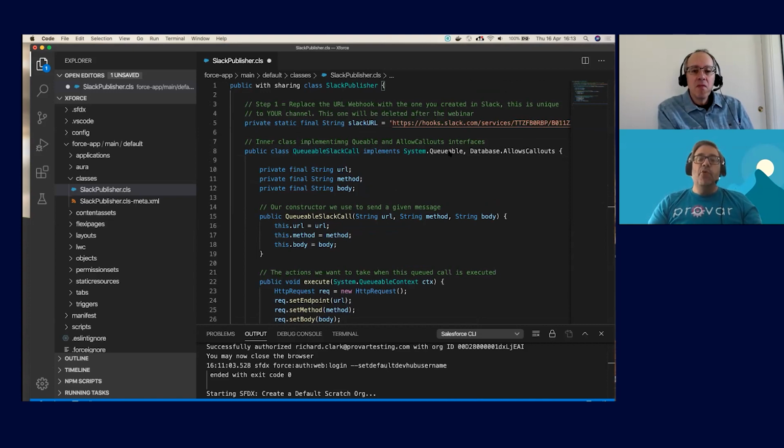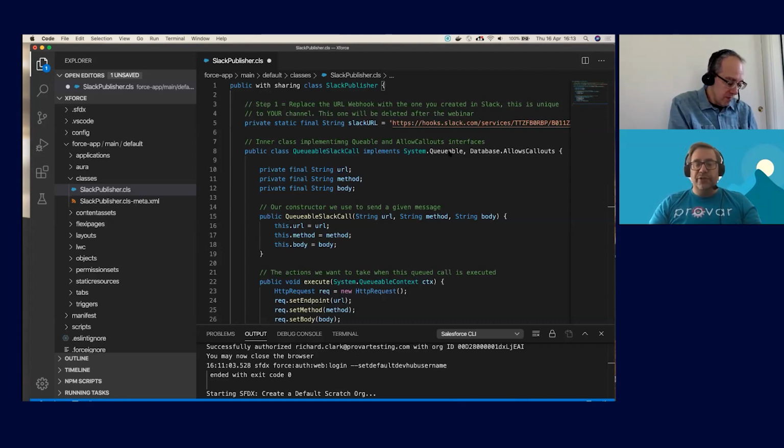So you may be more familiar with sending HTTP requests using future methods. We're still going to send an HTTP callout, but by doing it using Queueable, we can send things asynchronously, and we're able to chain requests together if we want to. We've got greater limits on what we can do. And the other thing we can do with the Queueable interface that you can't do with a future method is use an sObject or a complex construction of a payload instead of using simple types such as